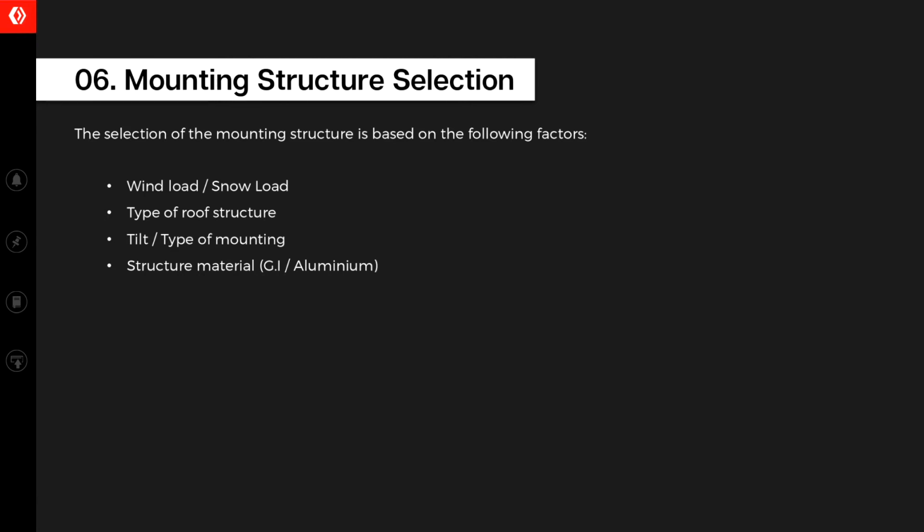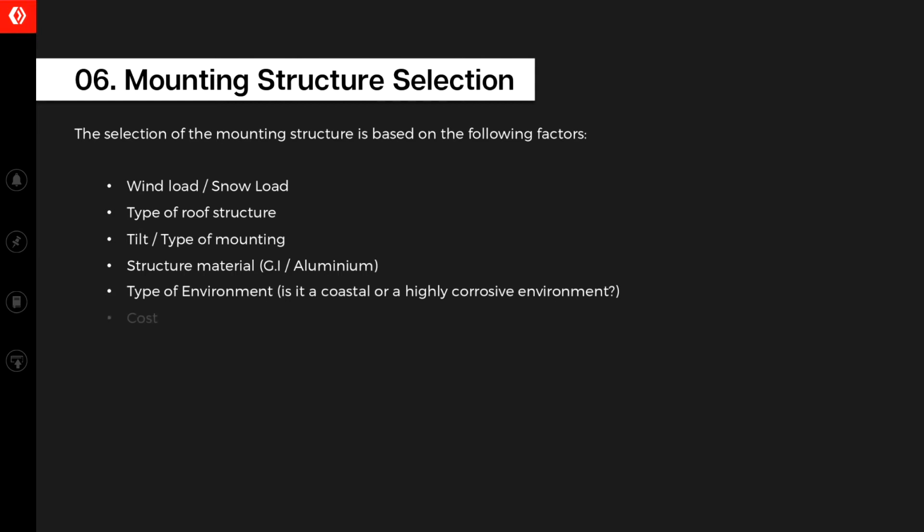So, the selection of your structure material will depend on the type of environment that they are located in. Which brings us to the next selection criteria, that is type of environment. So for an example, if your project is located in a coastal area or in a highly corrosive environment, you will avoid the GI material, as galvanized iron is more prone to corrosion and your structure can be highly corroded in a few years. In such cases, you prefer aluminium structures.